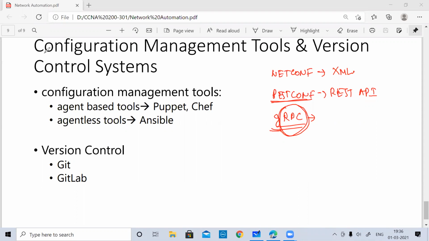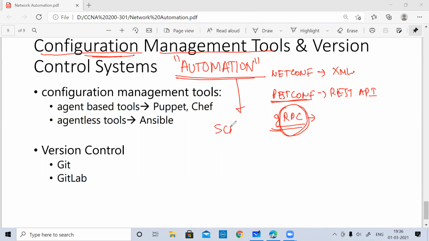Now, similar to that, we have configuration management tools. Configuration management tools are going to help you achieve your actual term, automation. We want to automate. We want to do things at a very quick speed, basically to have scalability. When we want scalability, we know the challenges we encounter when we scale our networks. We cannot manually increase our team and achieve scalability in devices so that everyone will take care of configuring it.